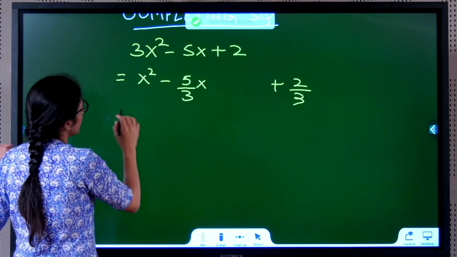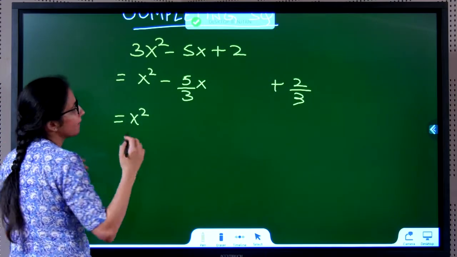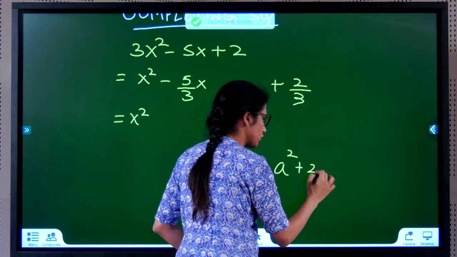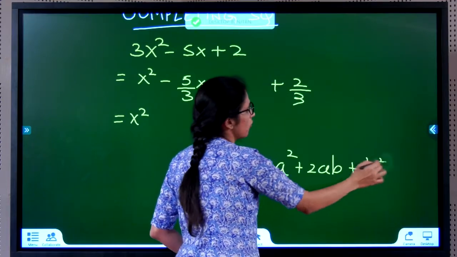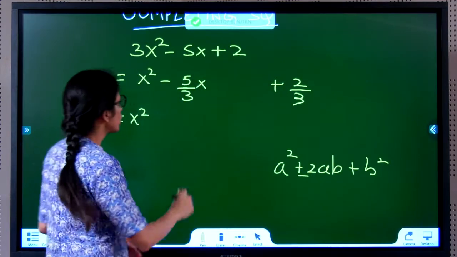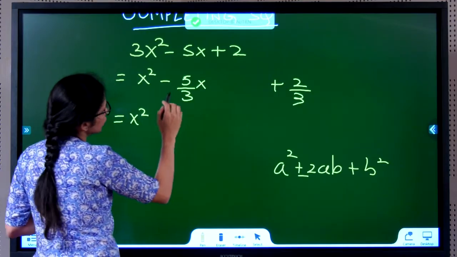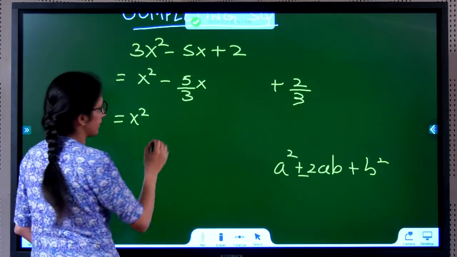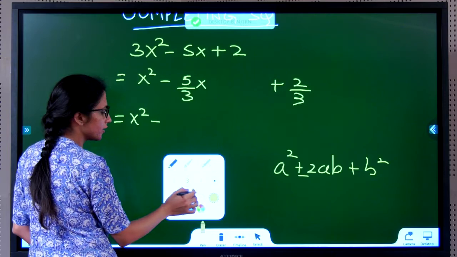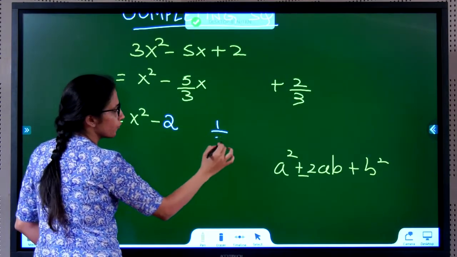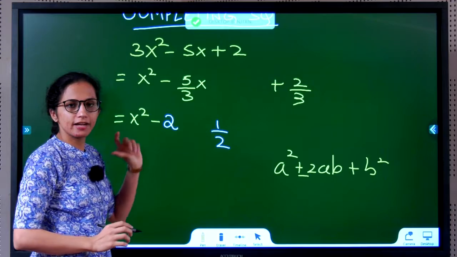Okay. Now, next step, completing square. In your square, what do you have? a square plus 2ab plus b square, or minus 2ab. Agreed? So this is your plus or minus 2ab. Since there is minus, we want a minus 2ab here. How do we create that? There is minus here, you want a 2ab, so put a 2. You have put a 2, so you have to remove the 2 also. Multiply and divide with 2.